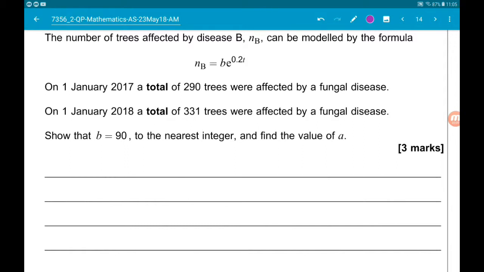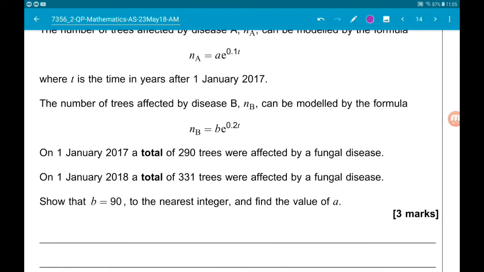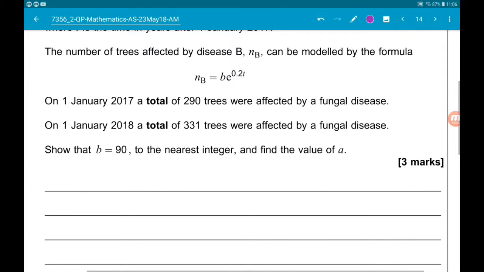Okay, so on the 1st of January 2017, t is equal to 0. So, we know when t is equal to 0, NA is just going to equal A, because we've got e to the power of 0, which is 1, and likewise we know that NB is just going to equal B. So we can say that A plus B is equal to 290. Now we know that 1 year later,